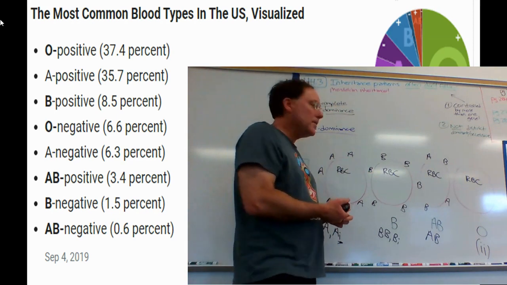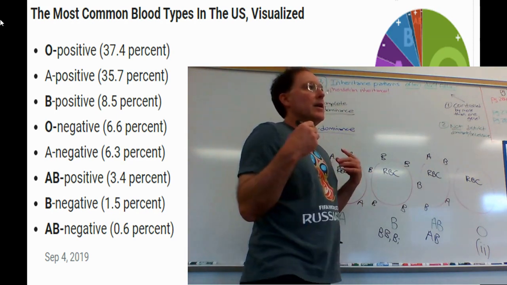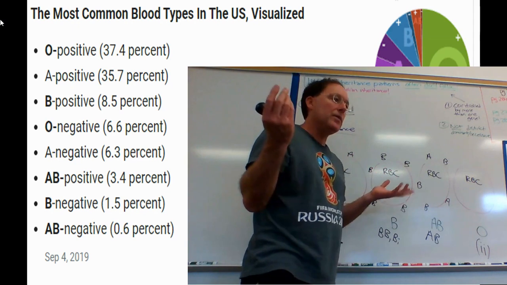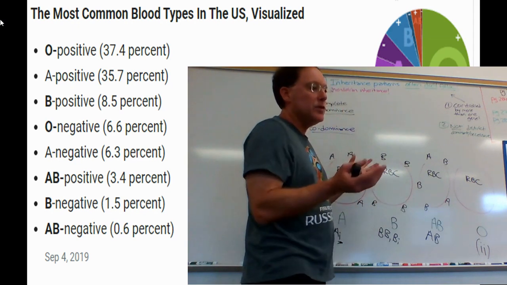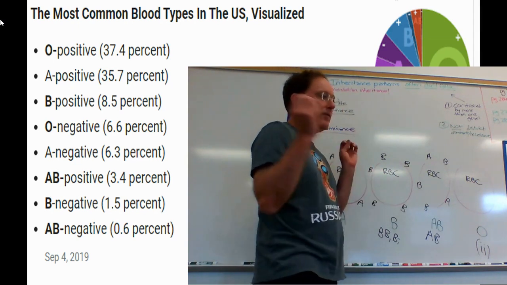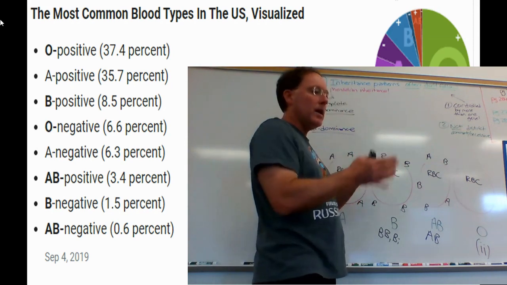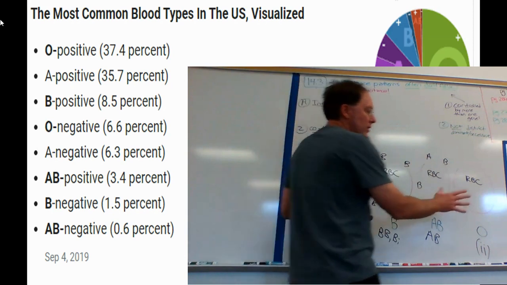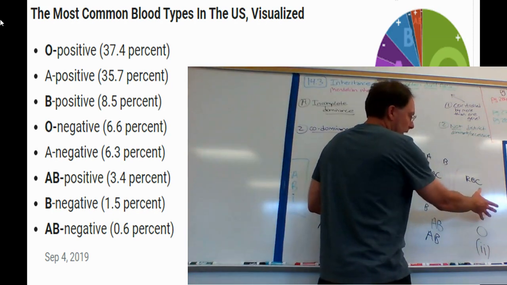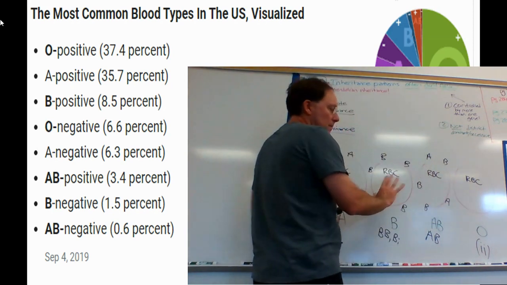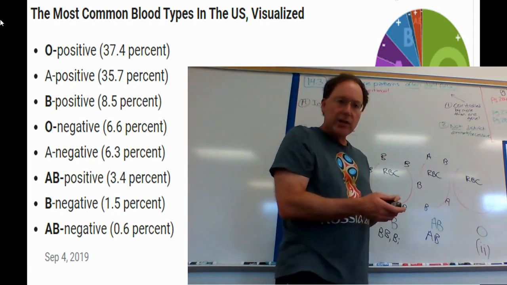And then if you have O-type blood, you'll have none of these types of proteins on the surface of your red blood cells. Now, you've probably heard of people who get in a car accident and are unable to speak, and there's no time to test their blood and figure out what type they have. You may have seen it on a hospital show on television. They say, get me some O blood. And the reason why O is the universal donor is because you can give O-type blood to any of these people, and they're not going to have an agglutination reaction,